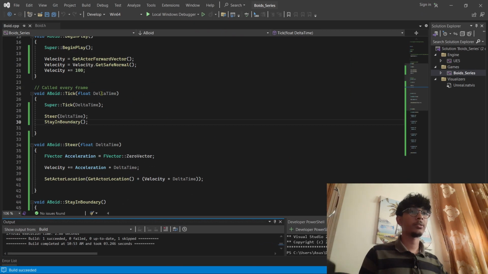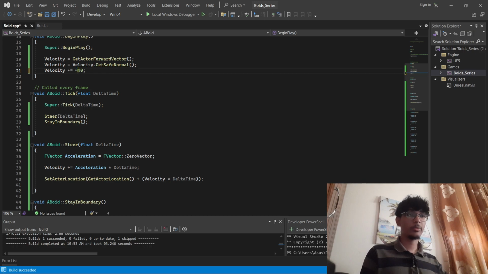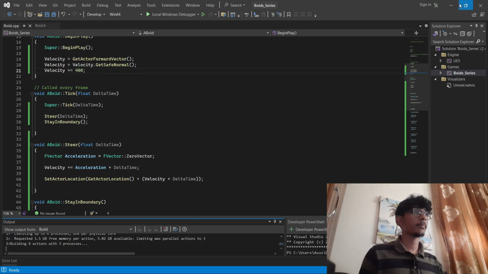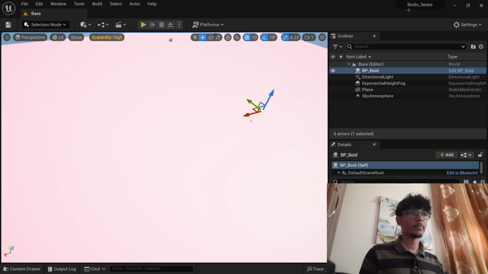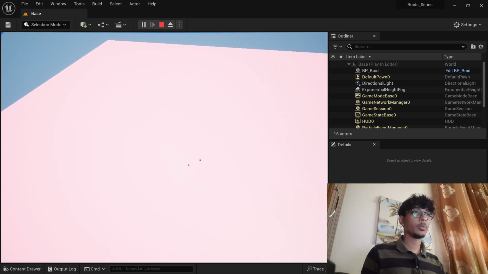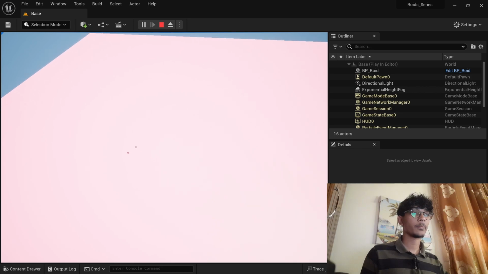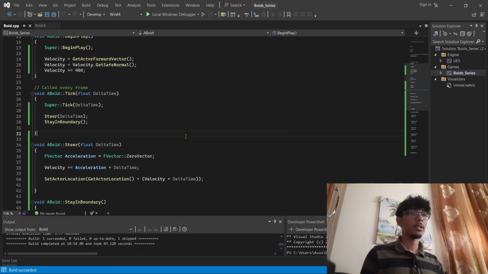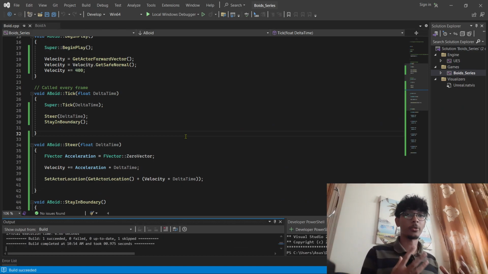Let's increase the speed so we can better visualize it. I'm going to put 400. And that should be quite quick. Yeah, and it came from the other side. So it gets clipped and comes from the other side. So our boundary function is working quite well. So that's fine. The next thing we want to implement is the entry point of our program,